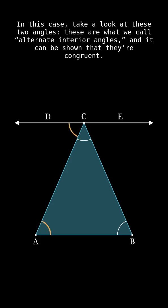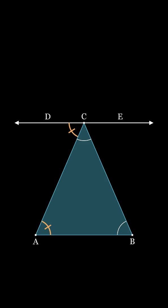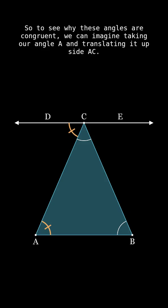In this case, take a look at these two angles. These are what we call alternate interior angles, and it can be shown that they're congruent. If you haven't taken geometry, or if you need a refresher, two shapes being congruent means they're like we took the same object and put it in different places at different orientations. So to see why these angles are congruent, we can imagine taking our angle A and translating it up